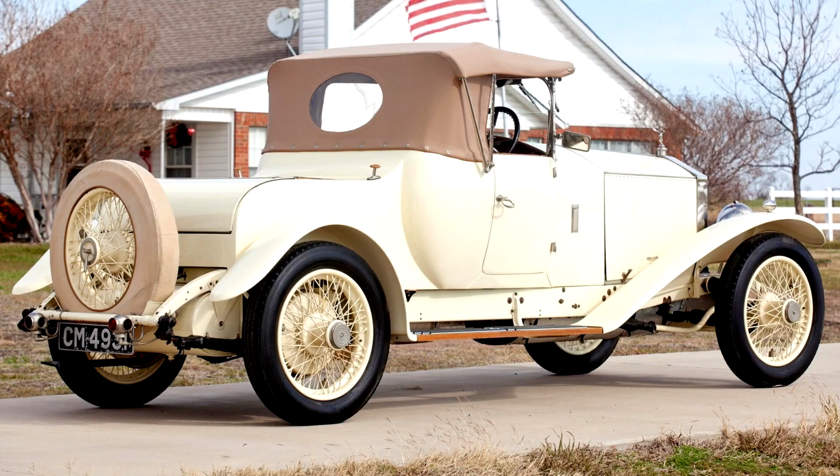A restoration has been carried out at some point, but this work now has some age to it. Laid up for the last few years, the car has received some mechanical attention recently and is expected to be running in time for the auction. Naturally, a more thorough servicing is advised before road use. With lightweight coachwork, this early Rolls-Royce 20 horsepower offers great potential for touring,